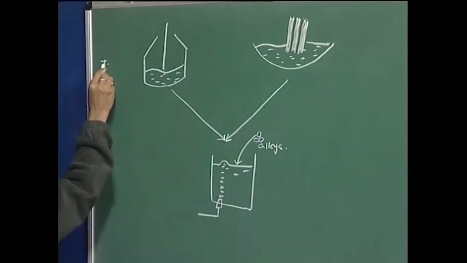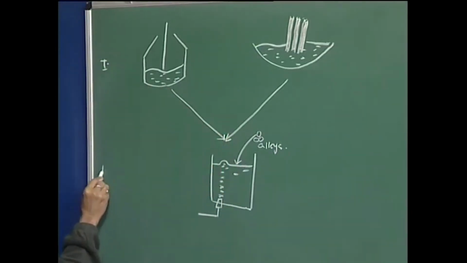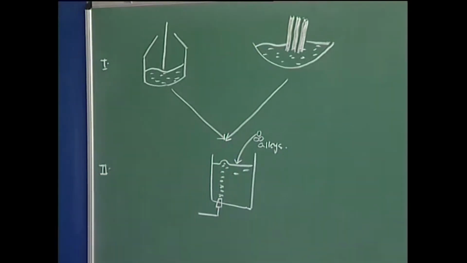Number 1, what I have shown here is primary steel making; this is secondary steel making, or the ladle metallurgy steel making. So, we have